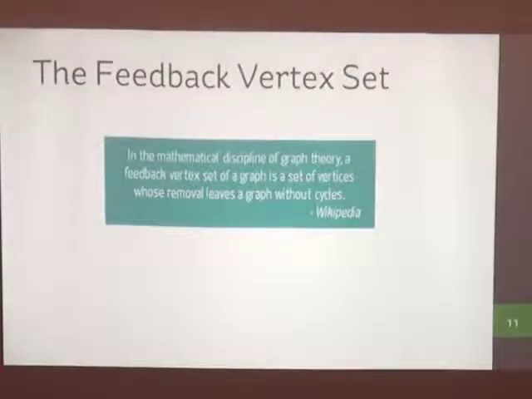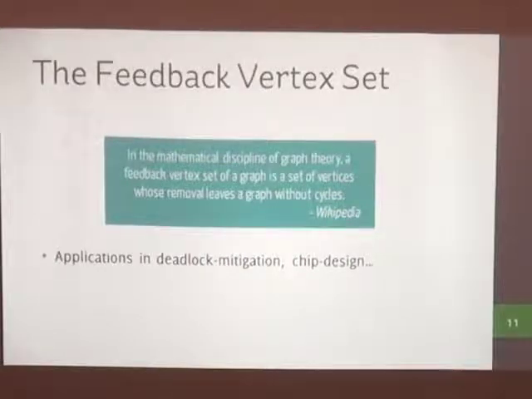Let's take a little segue into the wonderful world of algorithms and look at a really classic problem, feedback vertex set. The Hitchhiker's Guide to Computing Science has this to say about feedback vertex set. In the mathematical discipline of graph theory, the feedback vertex set of a graph is a set of vertices whose removal leaves a graph without cycles. Sounds familiar, right? We can use this kind of stuff. It has applications in deadlock mitigation, as you can imagine, and chip design, and so on. And it's NP complete, meaning we're still working on a polynomial algorithm. But until then, we have to work around it another way. I've applied this to